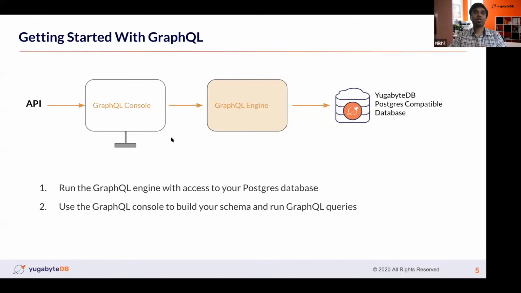To get started with the session, GraphQL nowadays has become the de facto API query engine for UX developers. In essence, back in 2012, 2013, when Facebook came out with GraphQL, they wanted UX developers to have an ability to query their APIs and databases from the perspective of the UX developers. Previously, what used to happen is somebody would have come up with an API for them, and they would have queried that,